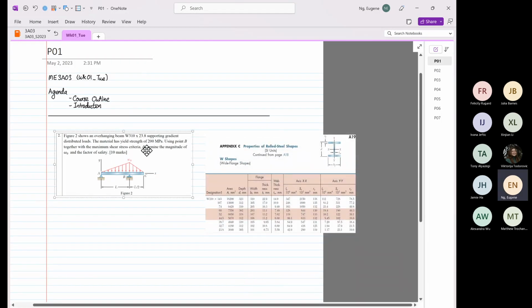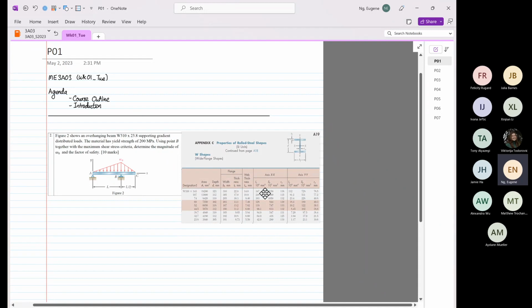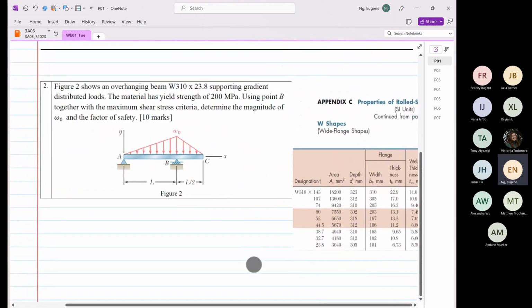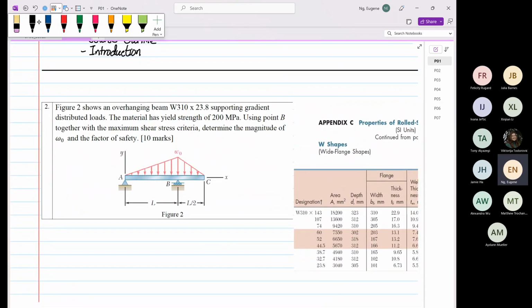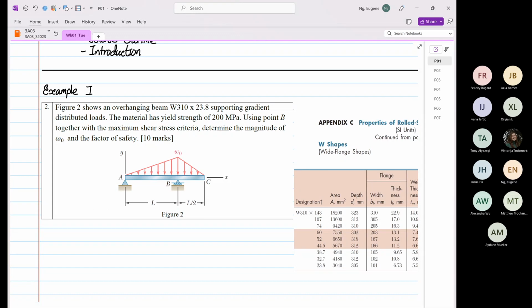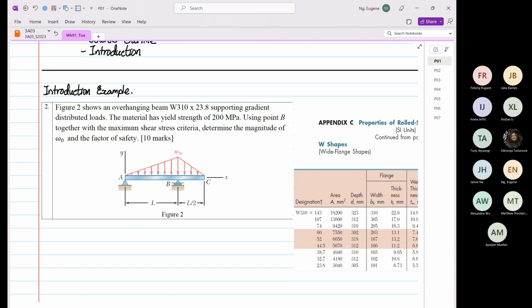Okay, I'm going to do this example. And this example that I'm doing today happened to be the final exam for the winter term, the term that's just over. So, introduction example, okay? So after this course, this is what you should be capable of doing. So this is a good introduction, okay?